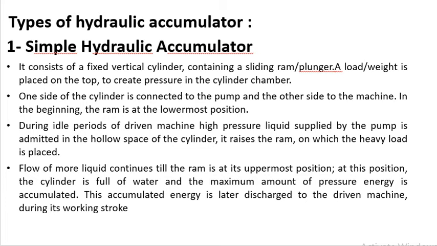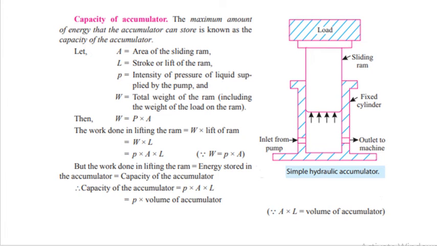We will discuss the simple hydraulic accumulator with the help of this line diagram. This line diagram shows a simple hydraulic accumulator. It consists of a fixed vertical cylinder, which is this, containing a sliding ram or plunger. A load is placed on the top to create pressure in the cylinder chamber. One side of the cylinder is connected to the pump and another side is connected to the machine. So in the beginning,